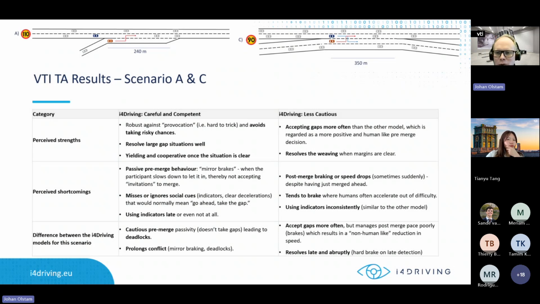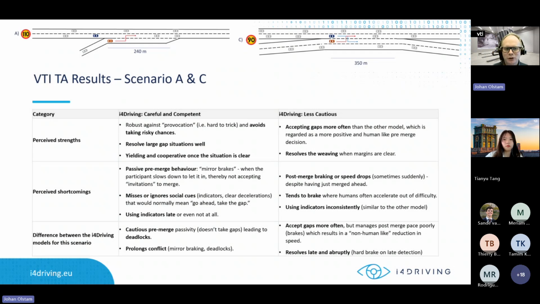But similar to before, we had the two different settings. So we had this more careful and competent setting and this less cautious. The comments regarding A and C were very similar, so I grouped them together. So for the careful and competent, the perceived strengths are that it seems to resolve large gap situations well, or yield cooperation when the situation is very clear. It's done in a good way, and it seems to be